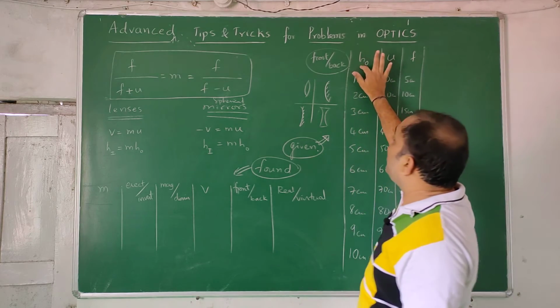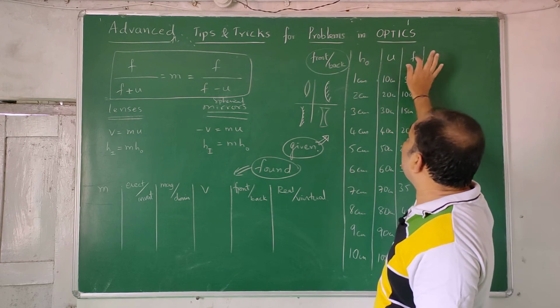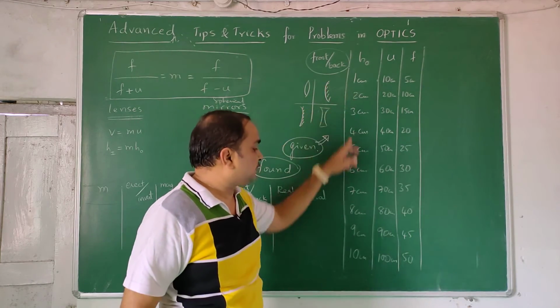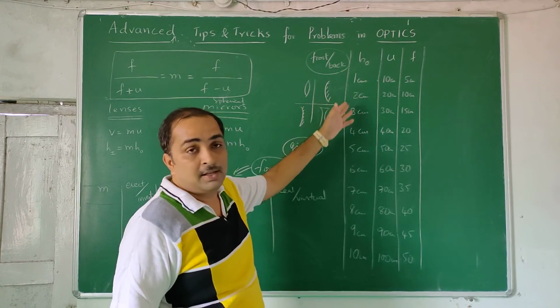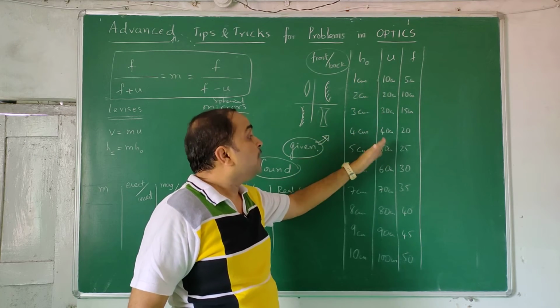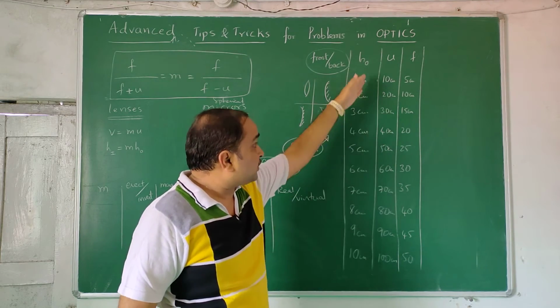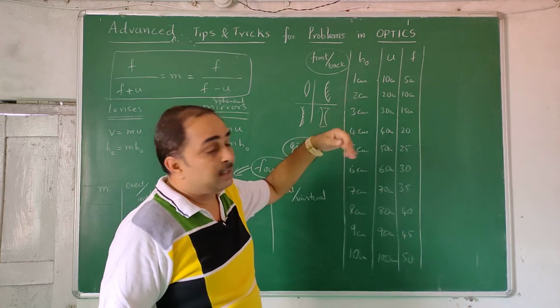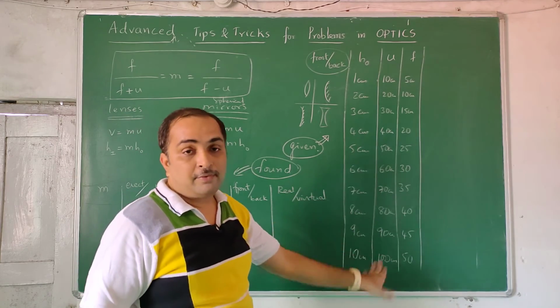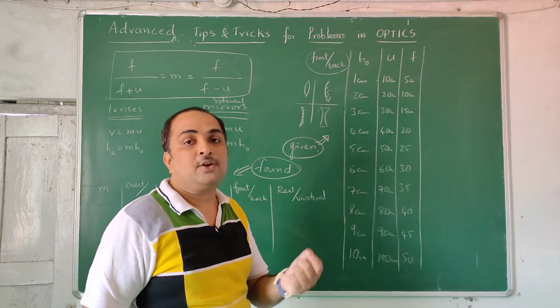Next, height of the object, object distance, and focal length, they have to give. So we have multiple numbers, 1 to 10 centimeters. Object height and object distance can be 10, 20, 25, 30, 35, 60, 55, 40, 48, 54, like that. I just wrote 10, 20, 30, 40. Focal length, they can give 5 cm, 10 cm, 15 cm, 20 cm, 25 cm, 30, 35, 40, 45, 50, like that, or anything in between, like 28, 26.